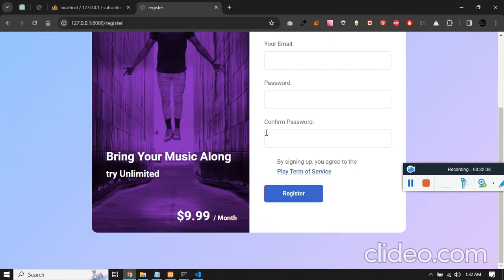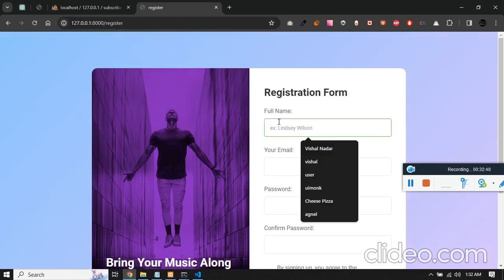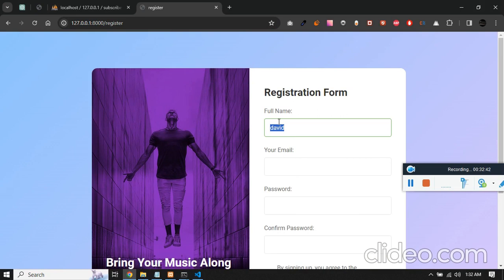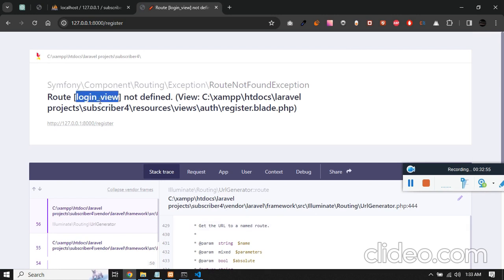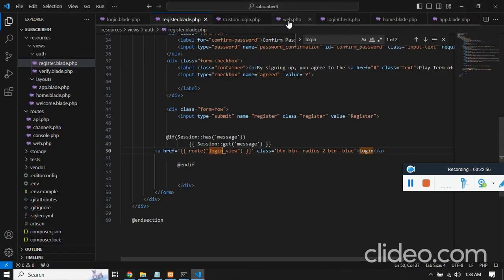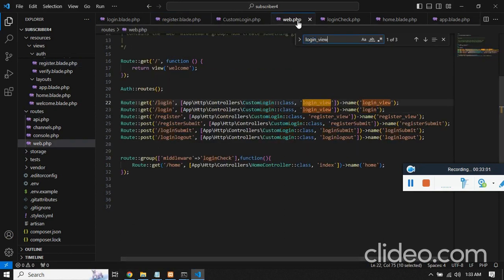Mistakenly you have made it as register. Now one more thing, David@gmail.com, click on register. Now you should see login view is not defined. Login view,